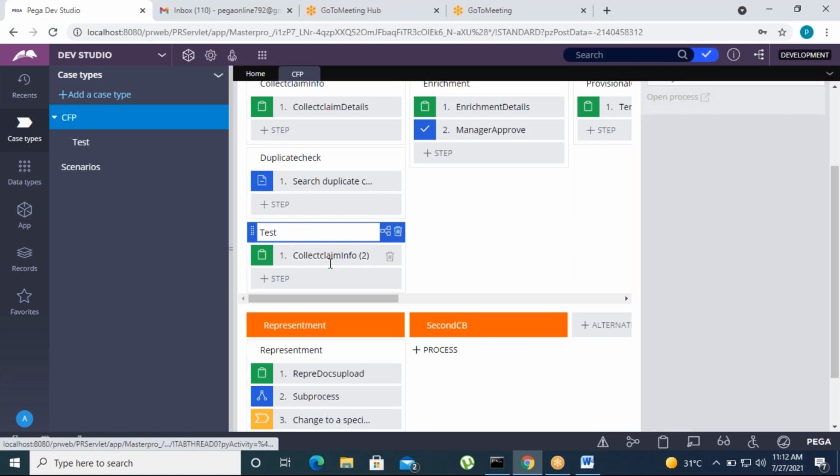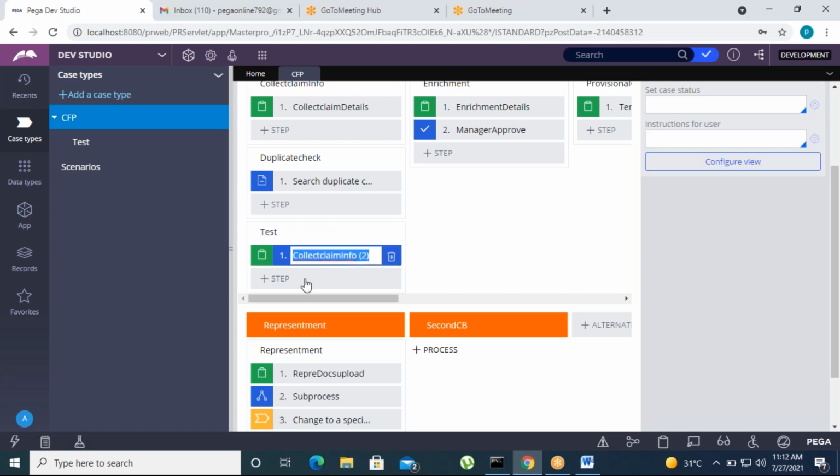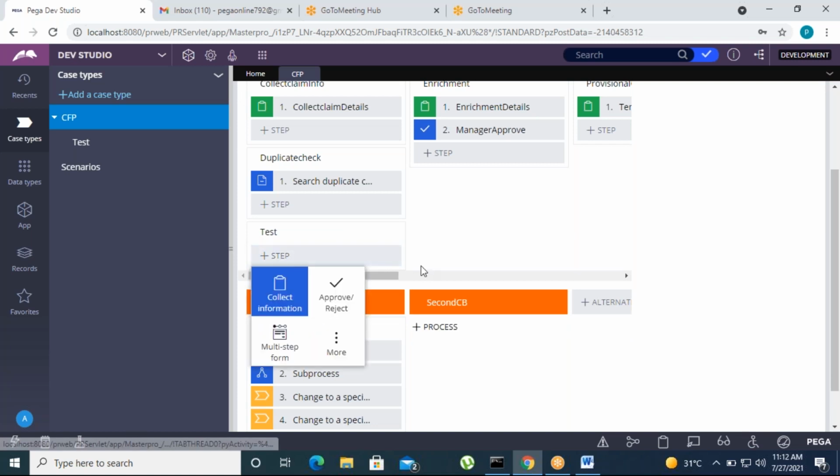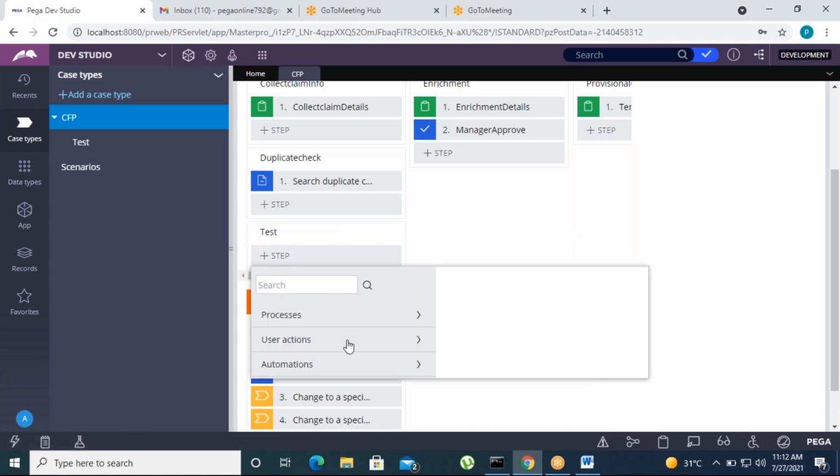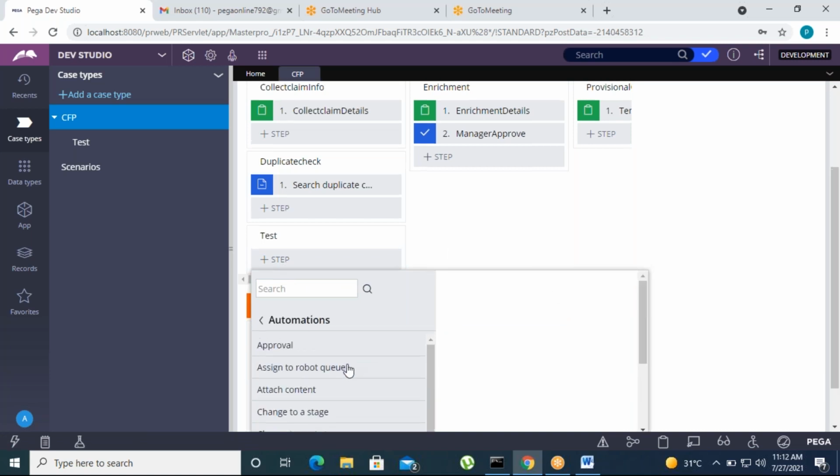Okay, some test, and then here we can give some step name. Next step, add step, go to more. We have out of the box automations, so duplicate search.